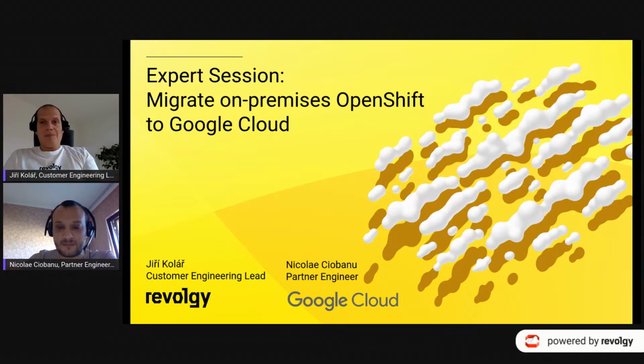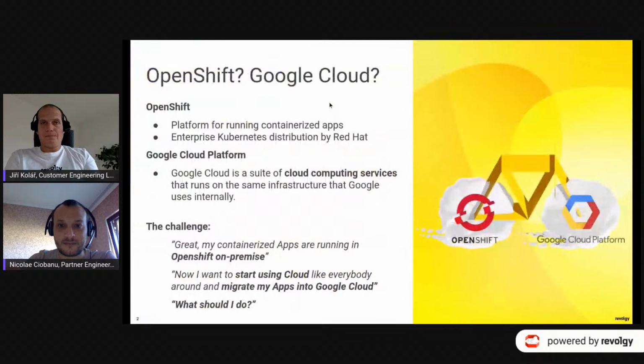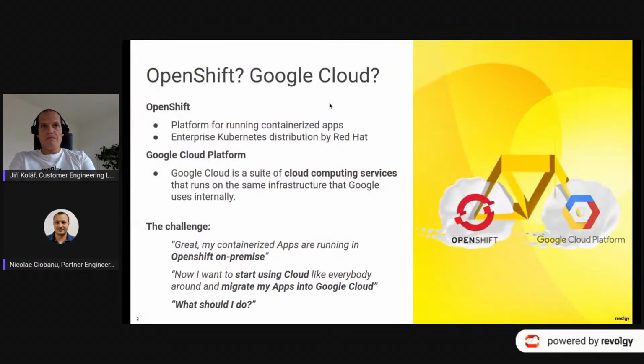So, let me start. Let's start with an overview of the topic. What are we going to talk about? Very briefly, what is OpenShift? In case somebody doesn't know, OpenShift is a platform for running containerized apps, and it is an enterprise Kubernetes distribution from Red Hat.